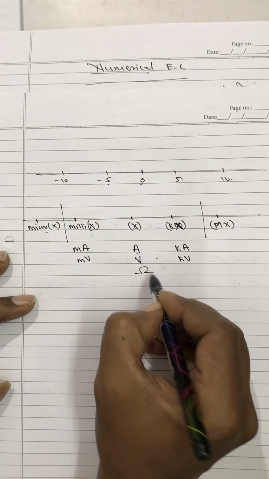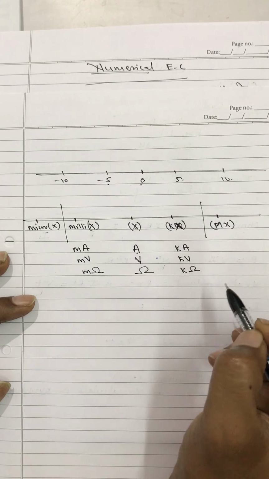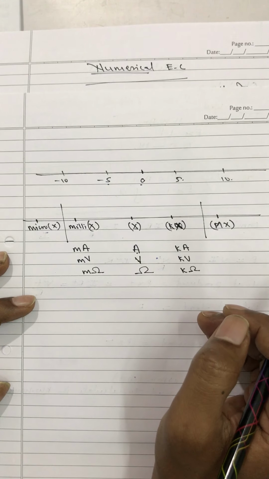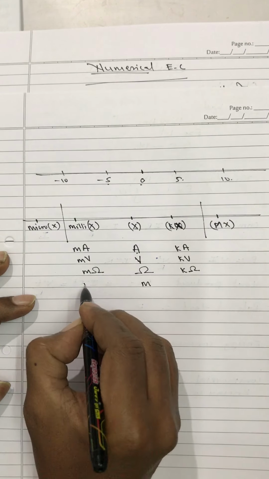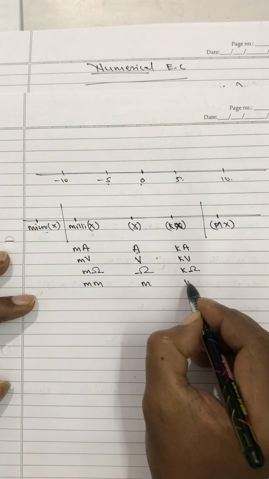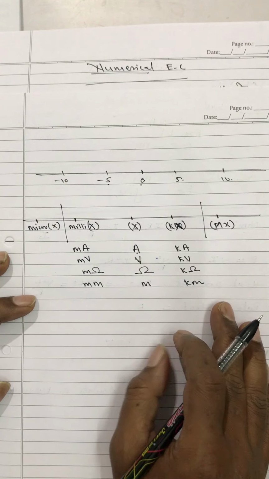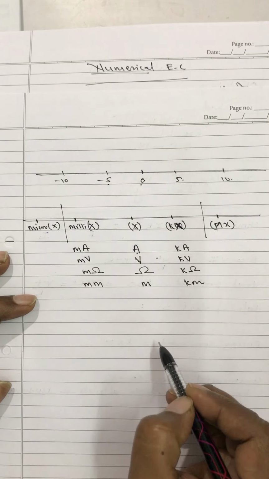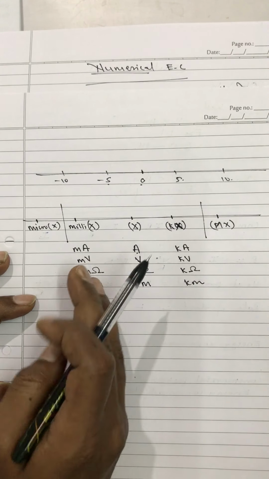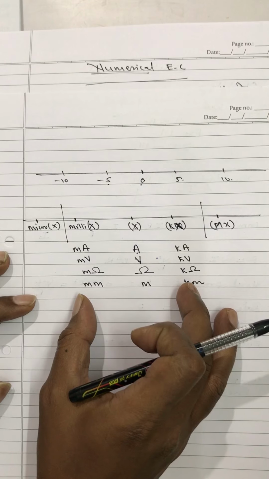Ohms, milliohm, kiloohm. Okay. These things happen, of course, but actually for meter also we have meter, millimeter and kilometer. Now why am I telling you this? Because usually we will be using this scale. This scale is needed. But sometimes you have to really handle these other two units also.